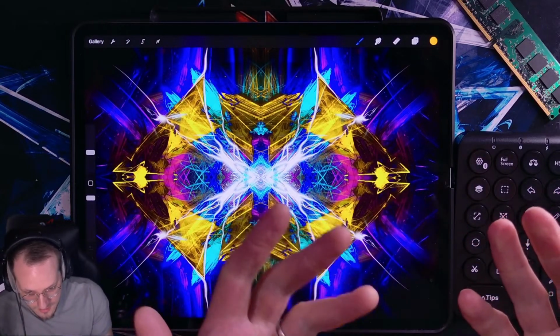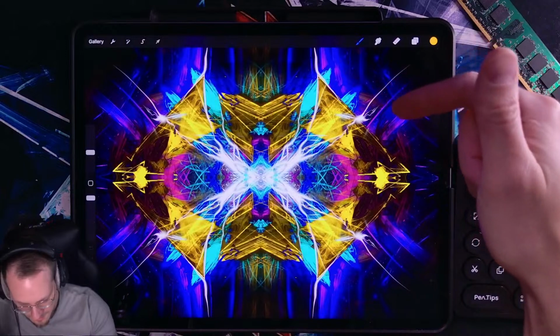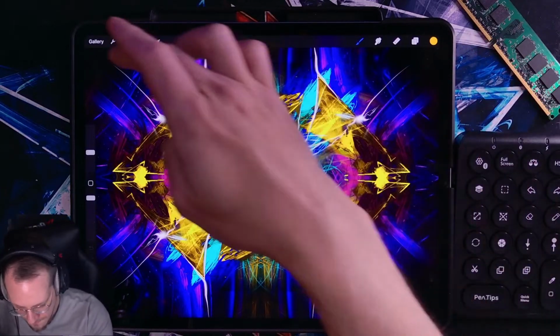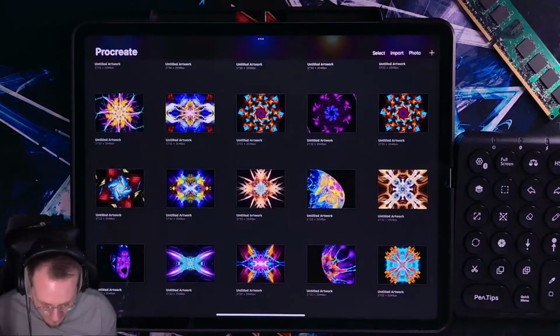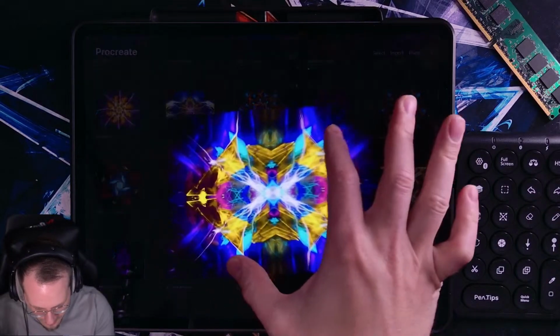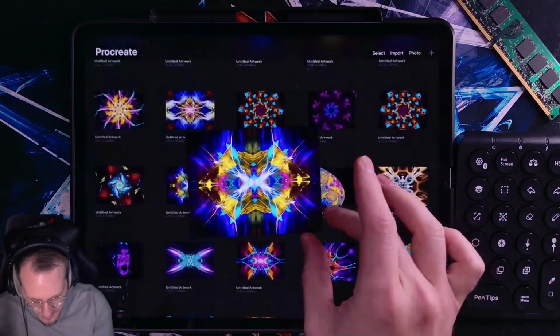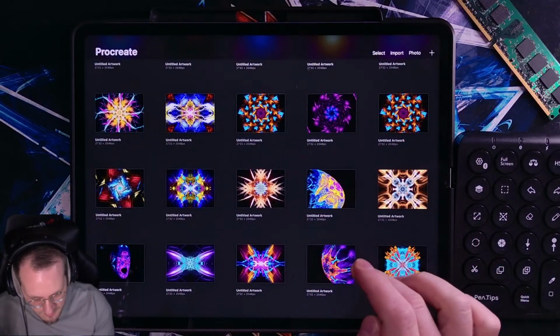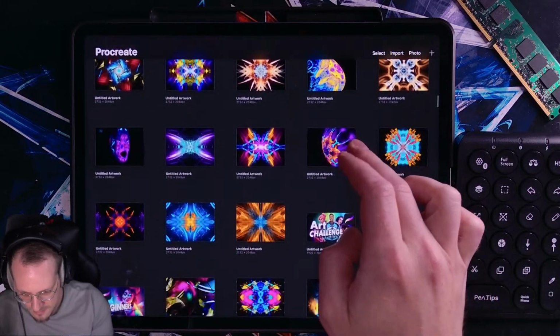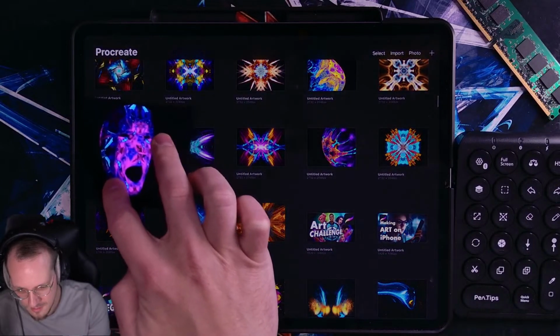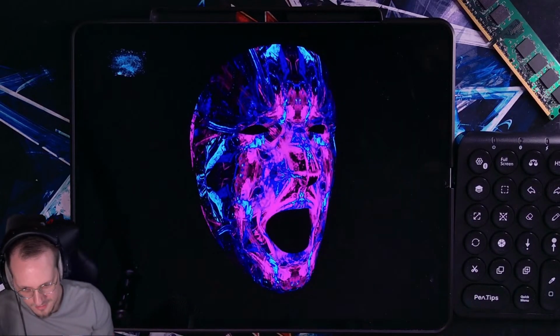And all this, this is just a pattern. It's just a collection of different patterns. It's not like a landscape, it's not a portrait. I don't know, I'm not sure what the point was, but so not using the, what's it called, the face